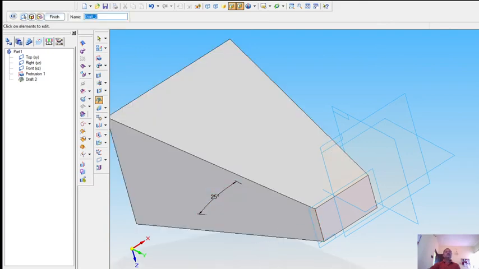So like this you can add the draft angle to the created feature. So first clear off this.